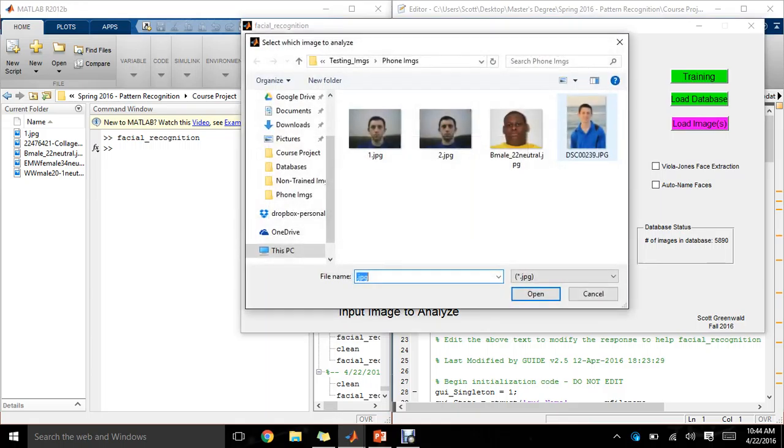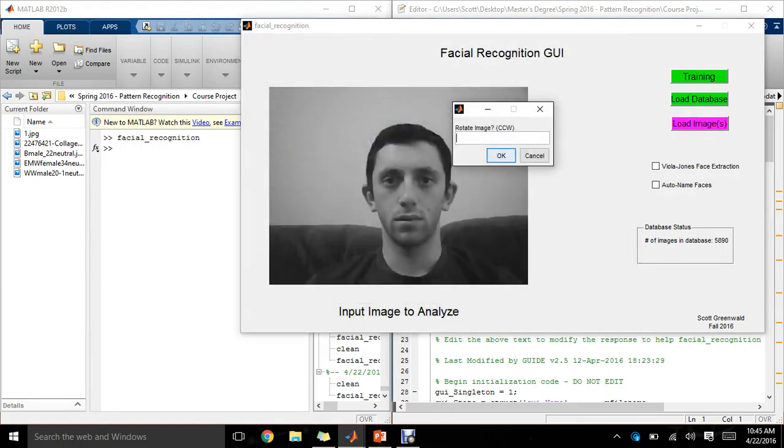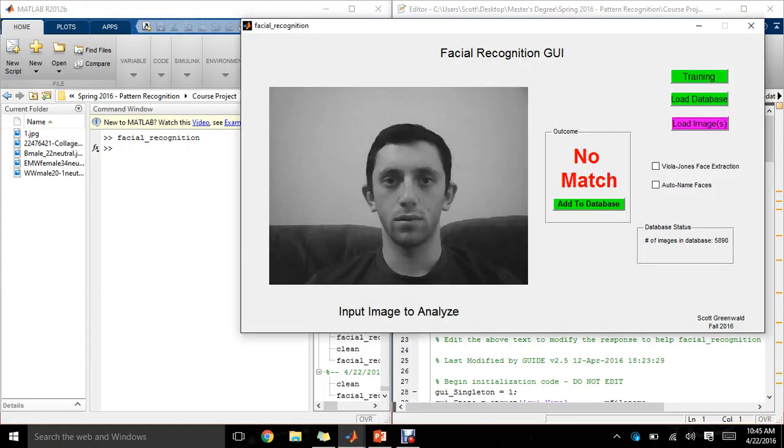Now, for example, if I load an image of myself who is not in the database and I hit OK, naturally no match is found, which is the correct answer. It shouldn't. Now I'm able to, as soon as I hit the add to database button, the value right here with the number of images will increase by 1, and a new eigenvector, new average face, will be calculated for every individual in the database as well. So as soon as I hit add to database, it'll take, as I said in the PowerPoint, a couple minutes to process. So I'll pause the